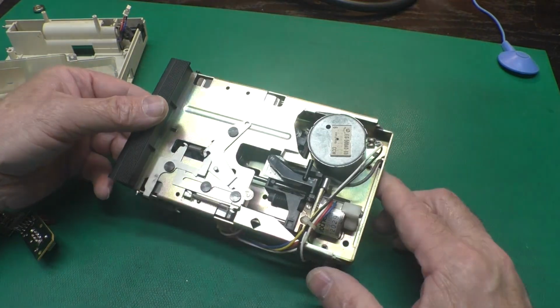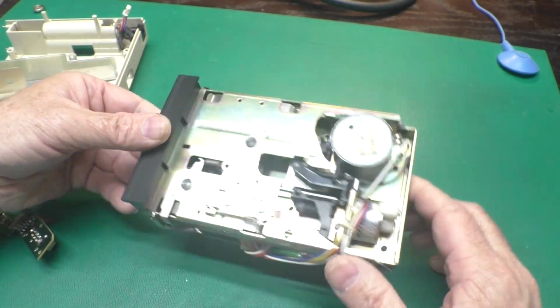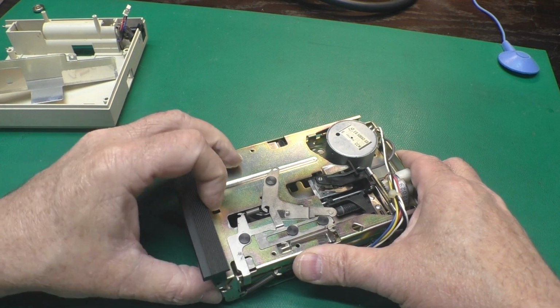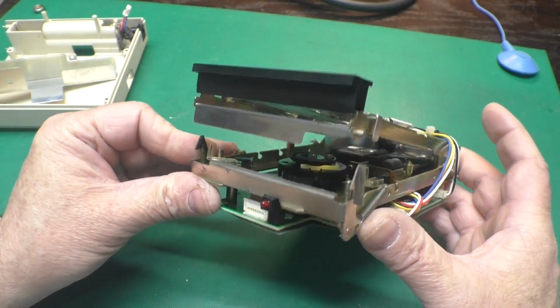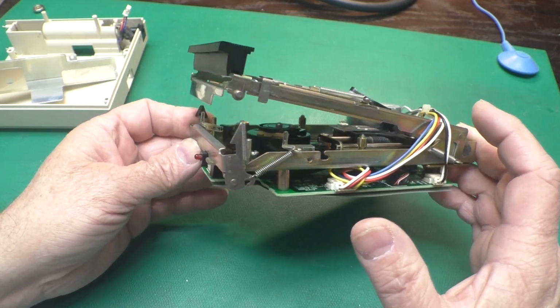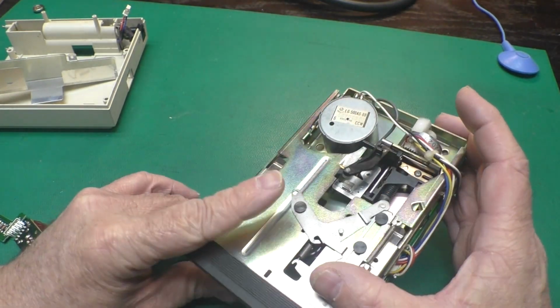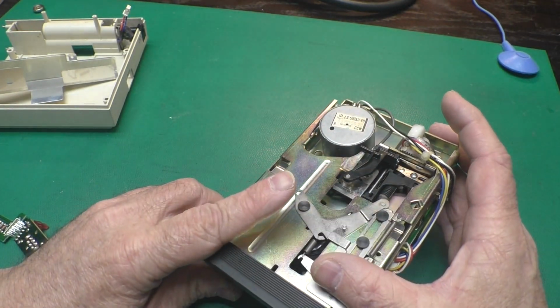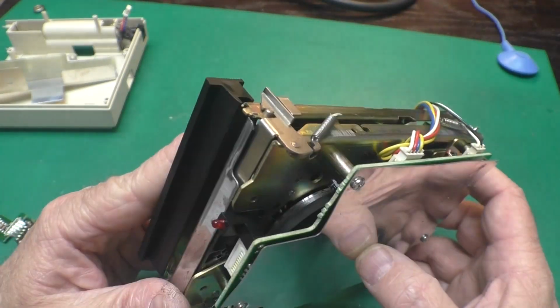Okay, hopefully I've got a belt for this. So it looks like we'll just need to do a cleaning. And otherwise it looks nice in there. Hopefully the home sensor didn't get messed up, because then we'll have to play with that to get it aligned again. We're going to have to...